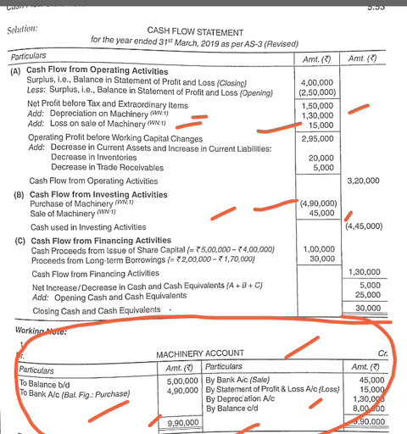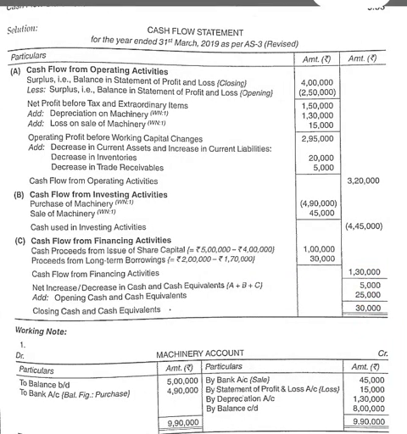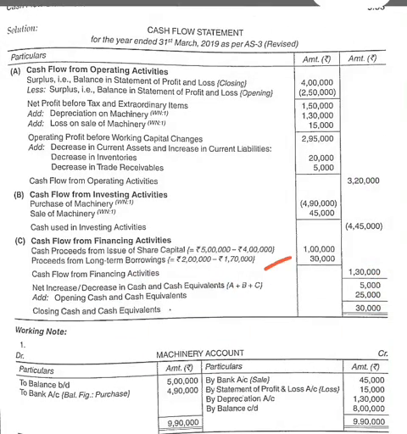We have recorded it. Then you will do the rest of the question. See, share capital, this is 2018-2019. So share capital is increasing from 4 to 5 lakh, meaning a 1 lakh increase in share capital, we will record in the financing activities. See, proceeds from share capital 1 lakh on the plus side, because shares are increasing, we are arranging more finance by way of issuing shares. Then next is reserve and surplus. Note number 1 we have already done here. Now long term borrowings 170 to 2 lakh, meaning we are arranging a loan of 30,000. So we will add 30,000, proceeds from long term borrowings.